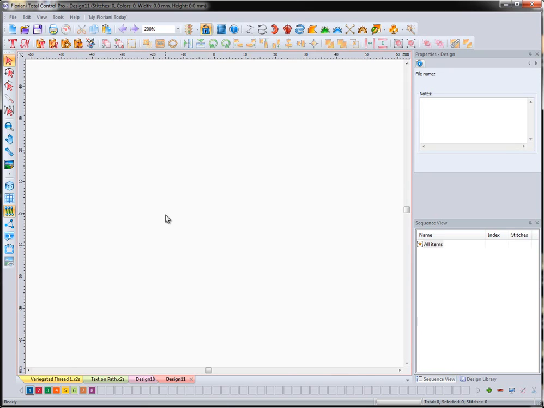We're excited to bring some new functionality to the text tool. We've always been able to work with TrueType fonts, but in the Floriani Total Control software, we made it even easier to work with TrueType fonts and convert them into stitches. And so I wanted to go ahead and show you some of the changes that we've made to working with